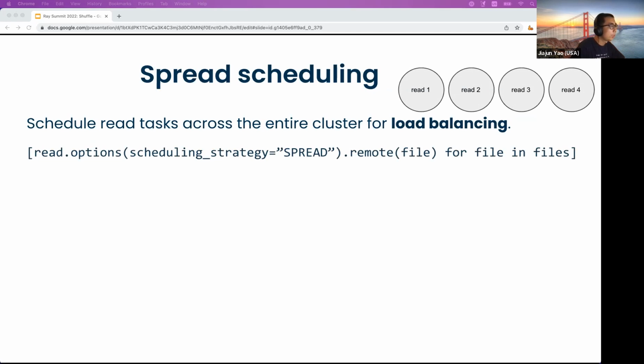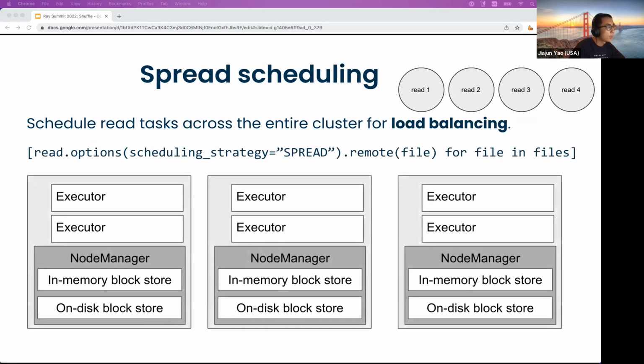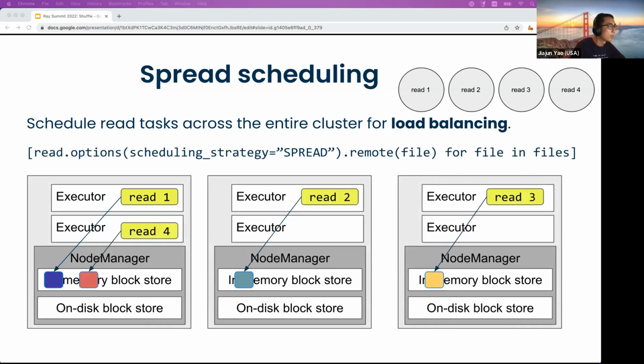This is how you can do it in code, by specifying a spread strategy when submitting those read tasks. Now let's see how these 4 read tasks are scheduled in a cluster of 3 nodes. So first, you can see the first read task goes to the first node, and the second goes to the second node, and the third read task goes to the third node, and the last one goes back to the first node again. So you can see the read tasks are spread among all 3 nodes in a kind of round-robin fashion.